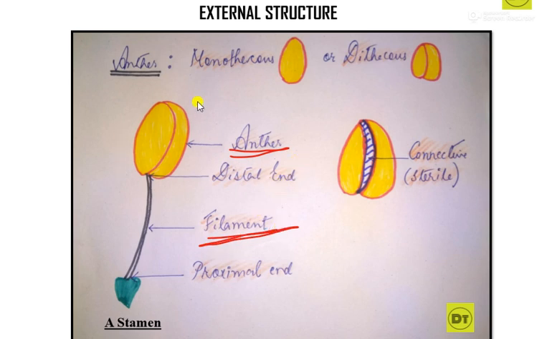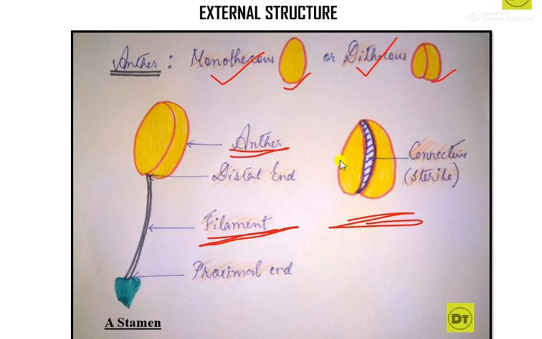Now the anther may have one lobe or it may have two lobes. In case of an anther having a single lobe or theca, we call it monothecous. Mono means one. And the type of anther in which we find two lobes or two theca, we call it dithecous anther. Out of the two, dithecous anther is the most common in angiosperms. So in all the study we will conduct in our later videos, and even in today's video, we will consider only dithecous anther.